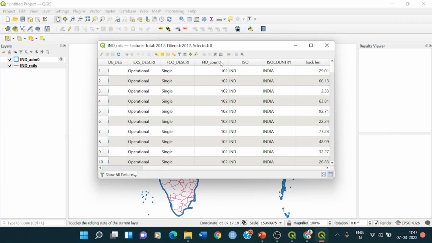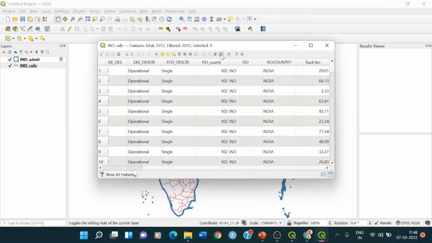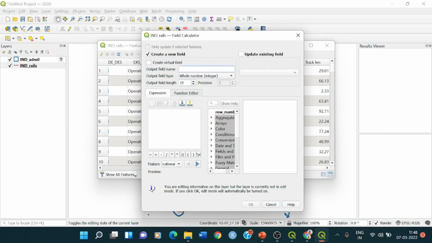Okay. So what we will do, as you see here, I will just select geometry, because it is going to give me the length and the area. Okay. What changes do you need to do? I'll just close this. I will go to open field calculator. I will write the field name as track length. Okay, I'm not able to do that. Okay, I wrote track length. In output you select decimal. Keep length 10 and set precision to 2. Then from here, take geometry as the geometry type, because from here you can calculate length and area. Now you need to write the expression,